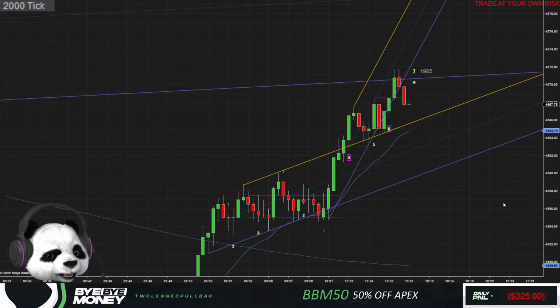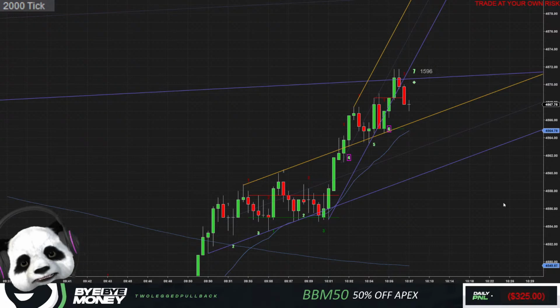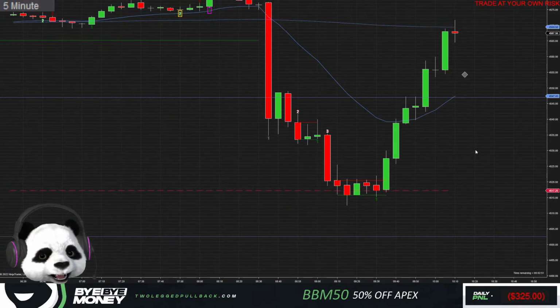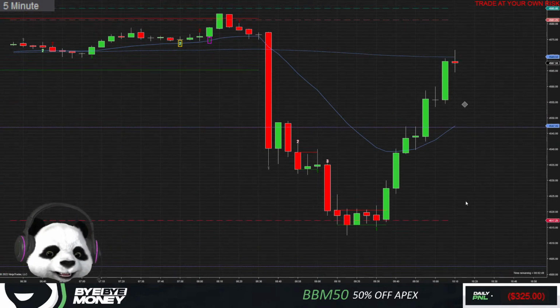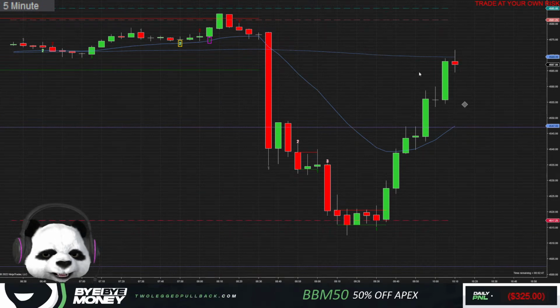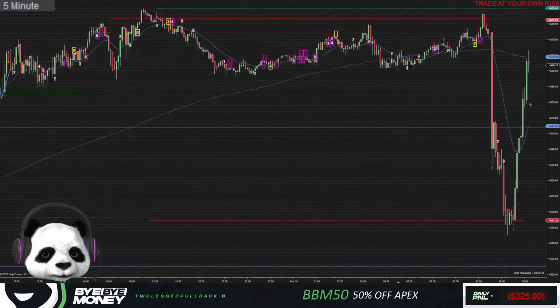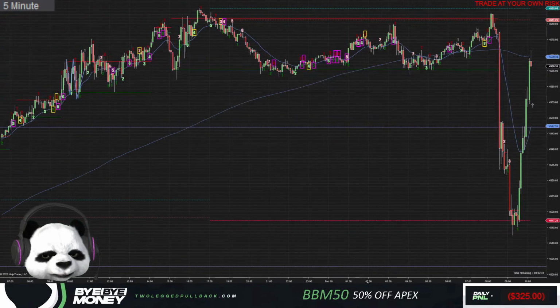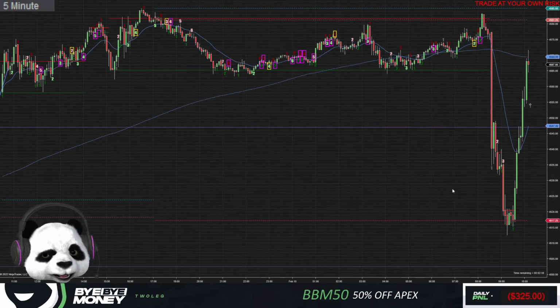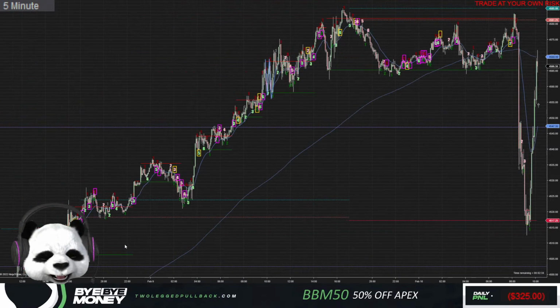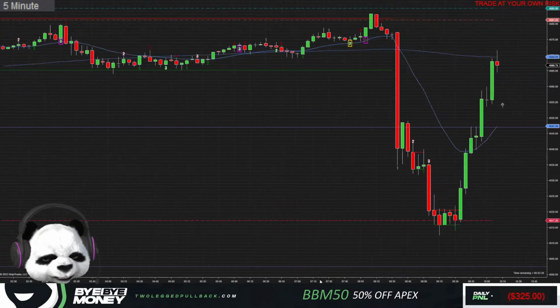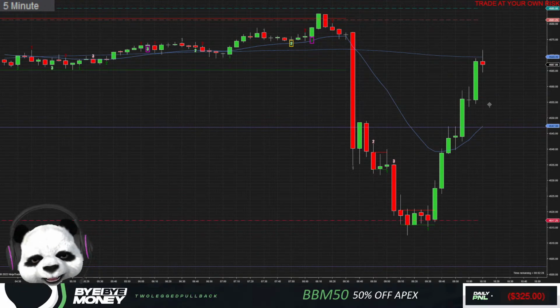But that volatility today, incredible. Super strong down move, super strong up move. Let's look at the 5 minute. This is how our 5 minute looks. How wonky is this? Just straight down, straight up. If I go back, the price action covers like the last 2 days' worth of price action, or basically an entire day.